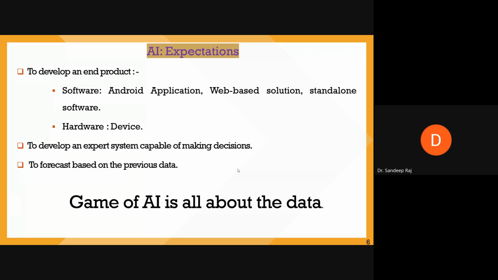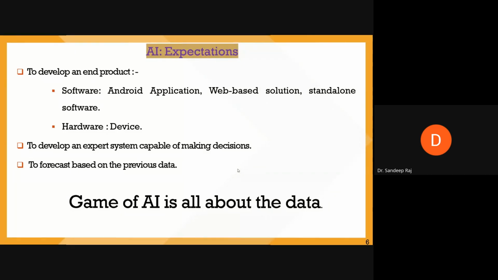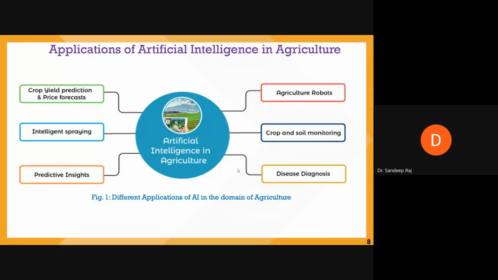So the system must be an expert system capable of making decisions, and it should forecast based on the previous data. So the game of AI is all about the data. Before going to the technical aspect of this, we have used the KVK, the Kisan Vikas Kendra officers, for collecting the data for the 10 major crops of Bihar,